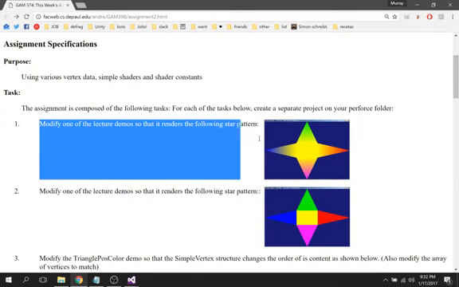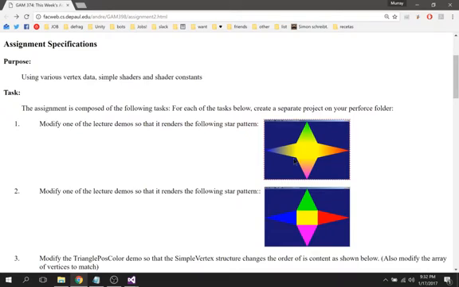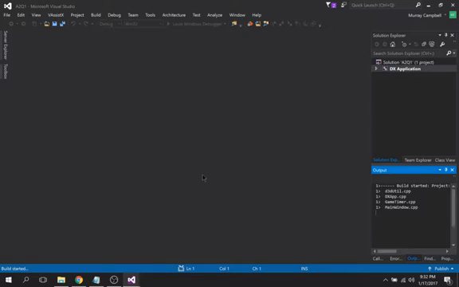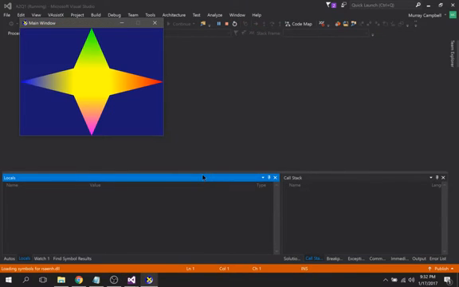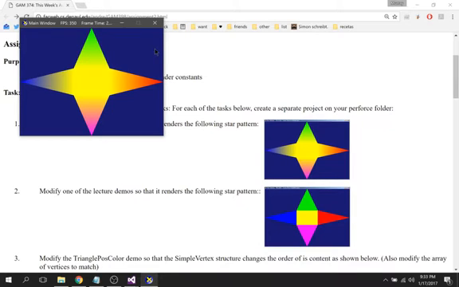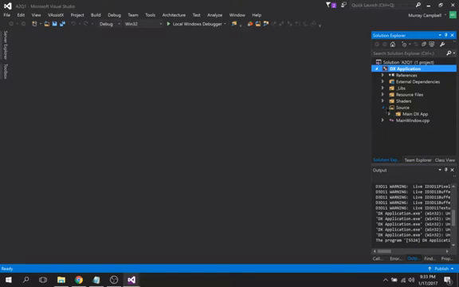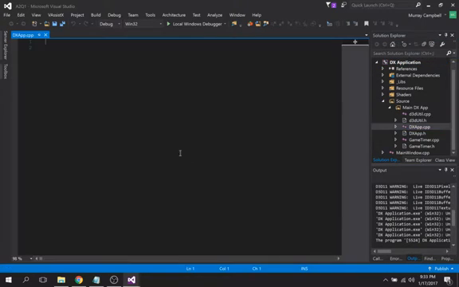Okay, so the first problem for assignment 2 was to get this star pattern to render this kind of gradient looking star. So I'm going to show that really quick. In the last video I didn't show the second question, but I did get that running. I just forgot to show it, so that's my bad. But I'll make sure to run every project before I talk about it. So here we have the desired effect, right? That's all good. We'll just go in here and explain that solving this problem basically just involved